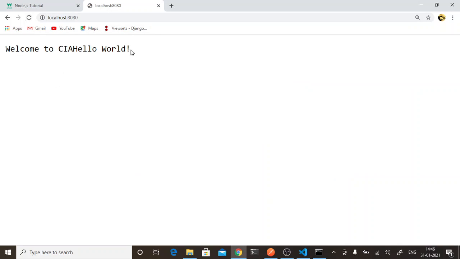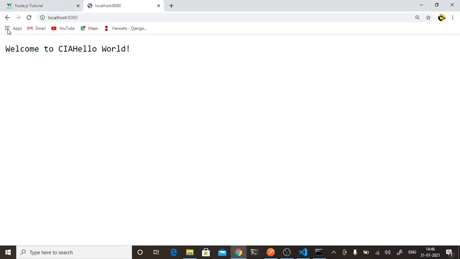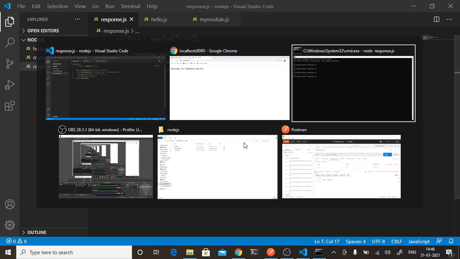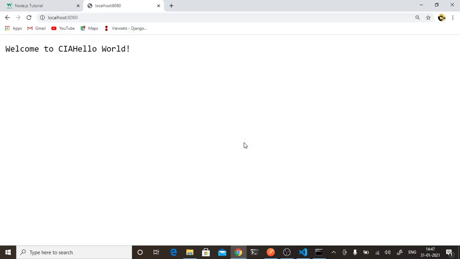So see, now I'm getting the response. I want to break this. This is simple HTML, so I will add the BR tag here. Just as you used to do in JavaScript, the same code you can write over here. So I need to run my file again. Stop the file, run it again, go to the browser, and it is writing BR as it is. Why is this happening?